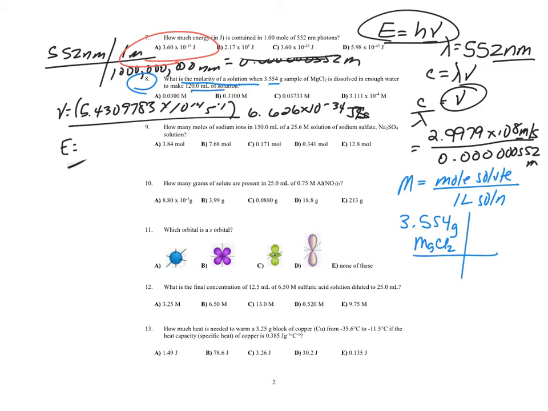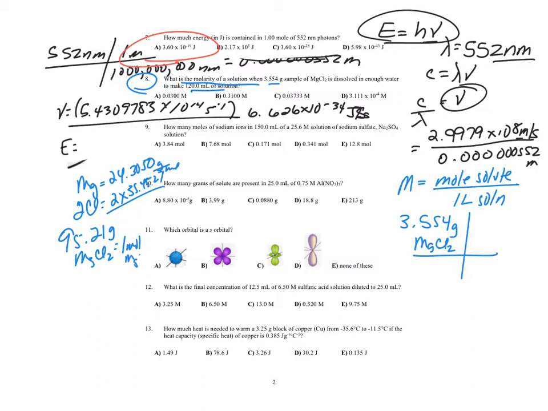So we've got to convert grams to moles. So what is the molar mass? Magnesium, if I look at the periodic table, I see it's 24.3050 grams per mole. And the chlorine, we have 2 chlorines, so now it's 2 times 35.4527. You add that up, you should get 95.21 grams of magnesium chloride for 1 mole of magnesium chloride. So then you do 95.21 grams for 1 mole of magnesium chloride, and that should give you